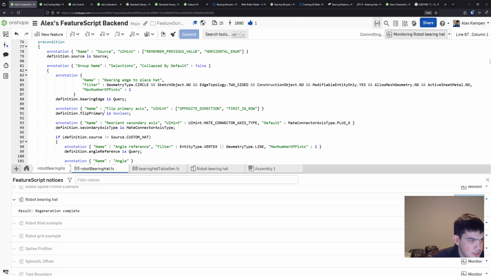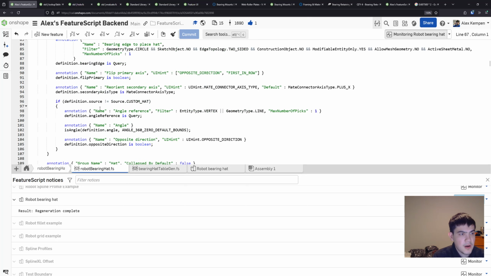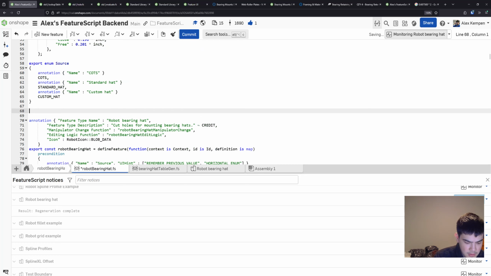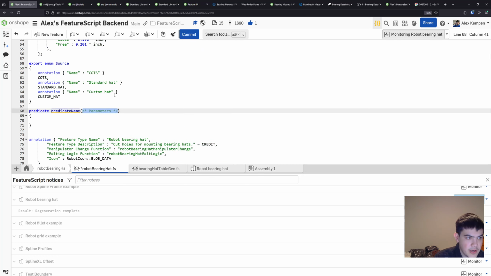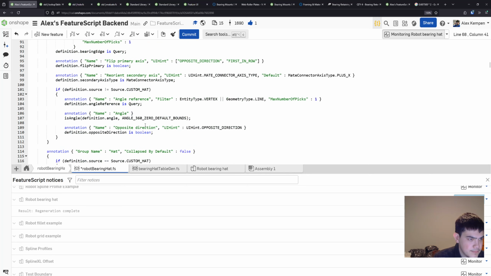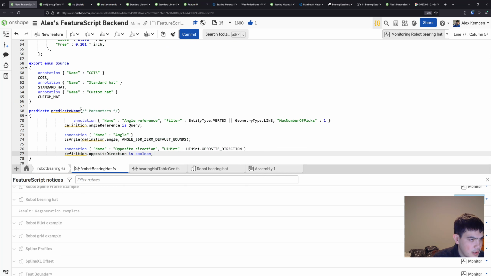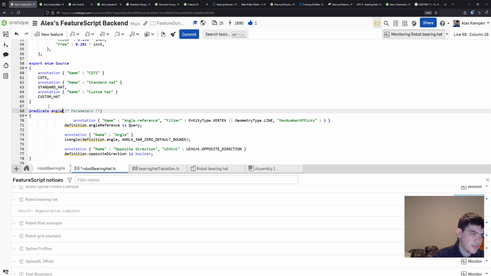I guess one thing I can do is some predicates for the UI. Actually, I think I will do that. So the way predicates work, right? So I'll do an angle reference predicate. Right. So you can also use predicates in your normal code. So nominally a predicate is a function that returns a Boolean, right? So a function that returns Boolean is equivalent to a predicate,